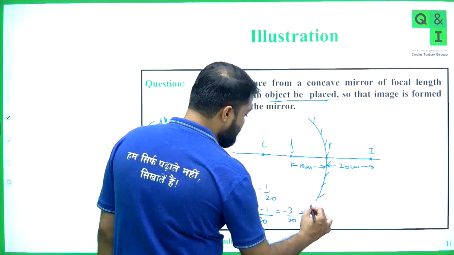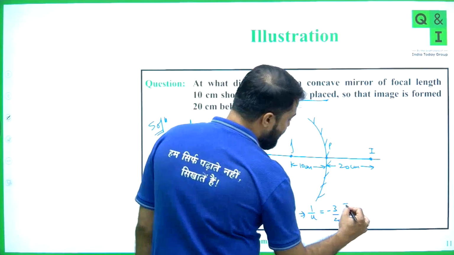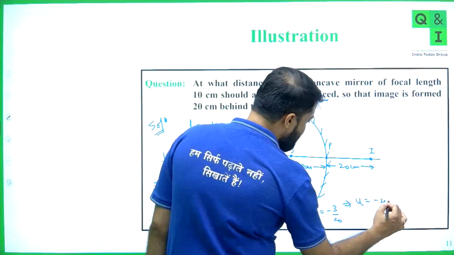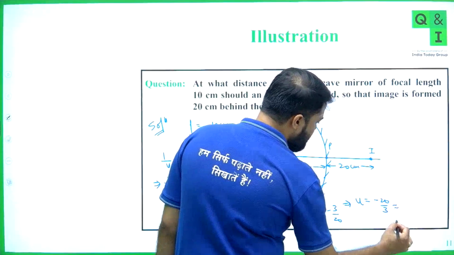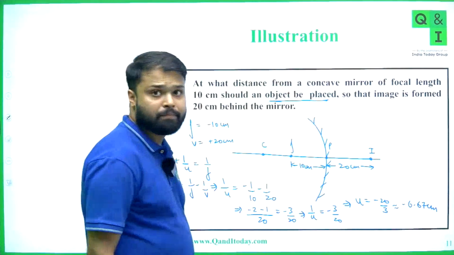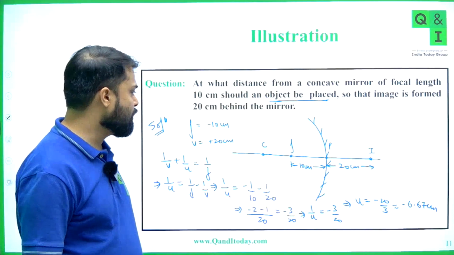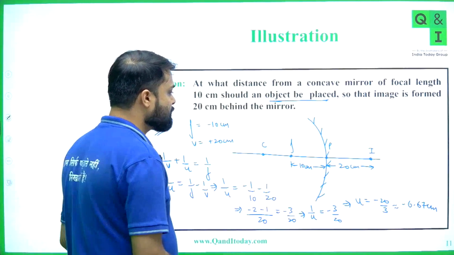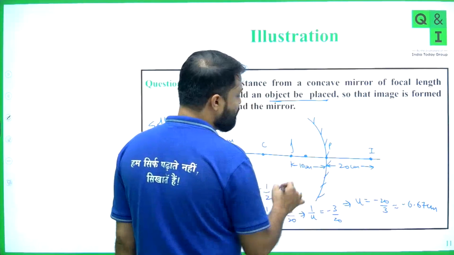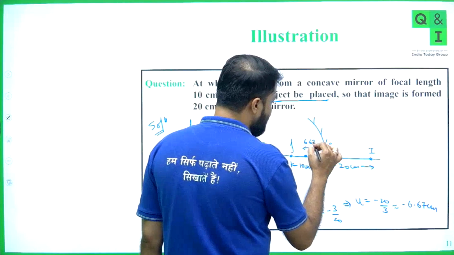So 1 by U is equal to minus 3 by 20. So can we write U is equal to minus 20 by 3, which is approximately minus 6.67 centimeter? That means the object is in front of the mirror at a distance of approximately 6.67